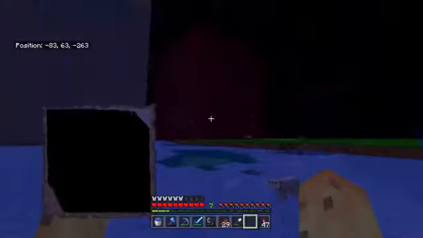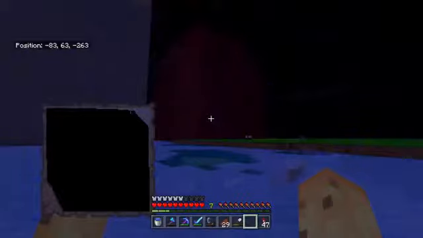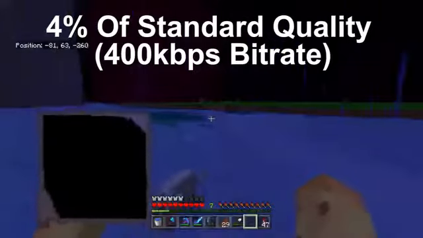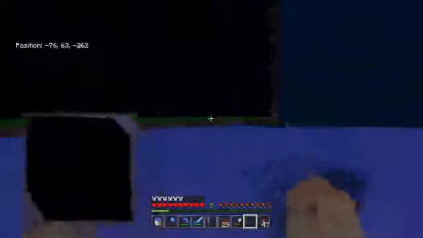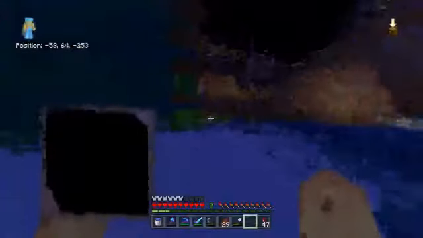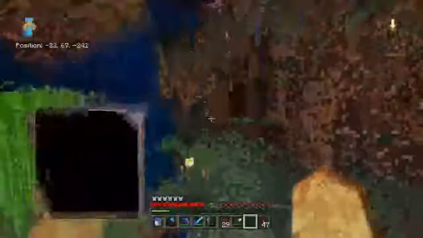The screen is covered in changes, and the algorithm just can't keep up to date with it. So let's go down even lower, just because, who doesn't like to have a bit of fun? Here is 4% of our default quality, and again, I can't actually see what this is outputting to right now, but my understanding is that there is just a mess on screen that no one can understand, especially when we're moving, because there's just too many changes happening that can be reasonably kept up with at 4% of the quality.